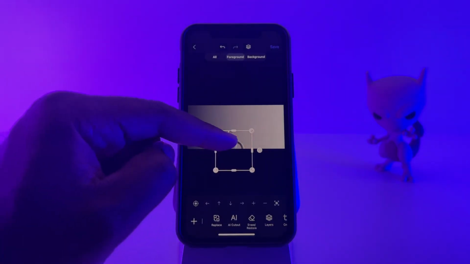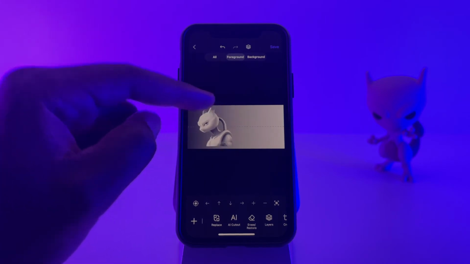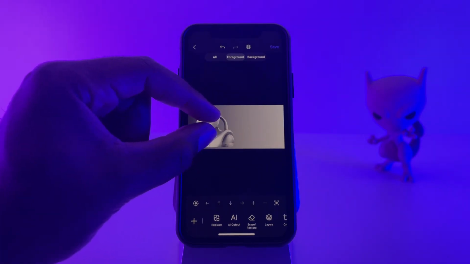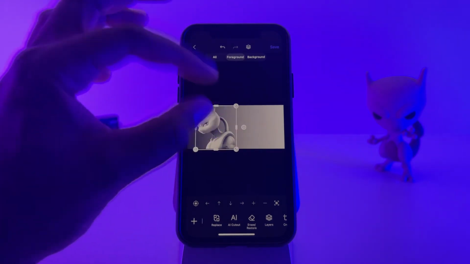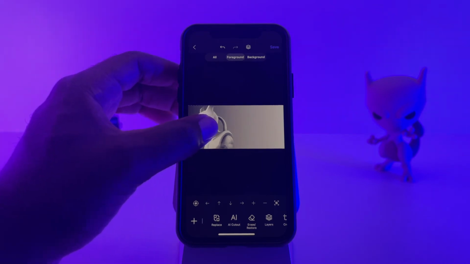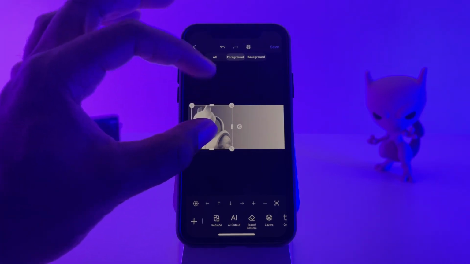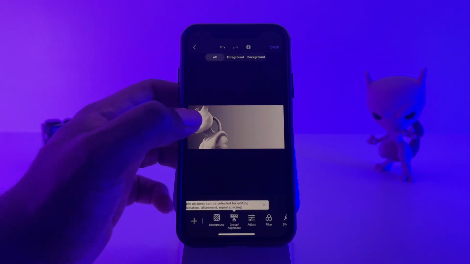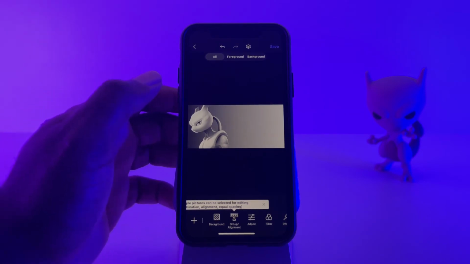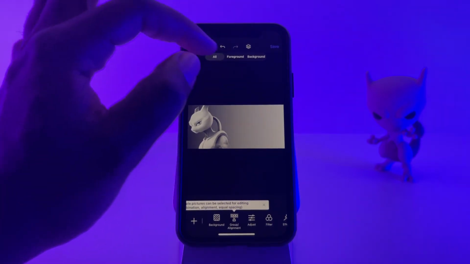I'm going to click on the image, I'm going to bring it up, and I'm going to scale it up a bit so that it touches the bottom and the top. And you scale it up by just pinching with 2 fingers, and I'm going to place it somewhere right here. Alright, I'm going to go over to our foreground,